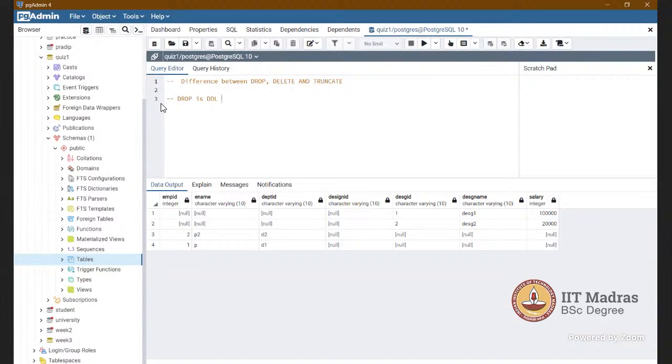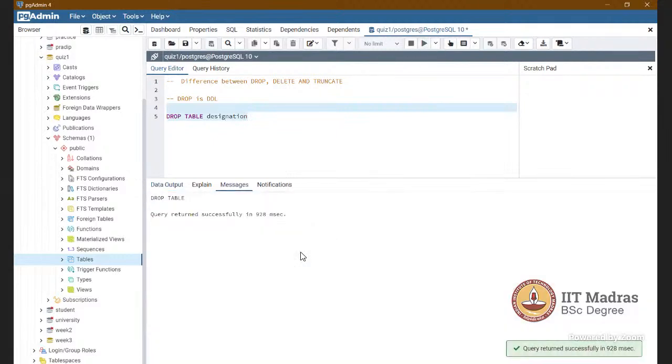Any database objects. The syntax is drop table, and then the table name, designation. This is the syntax, and it will drop the table.